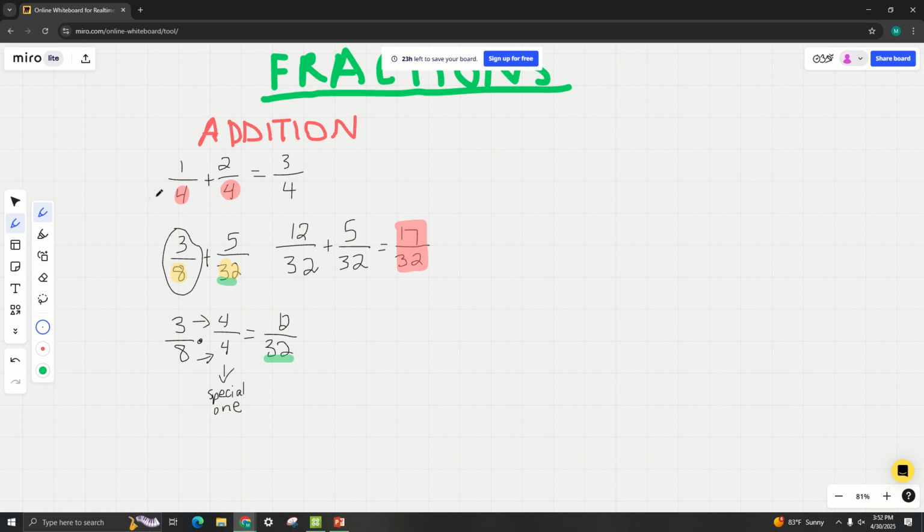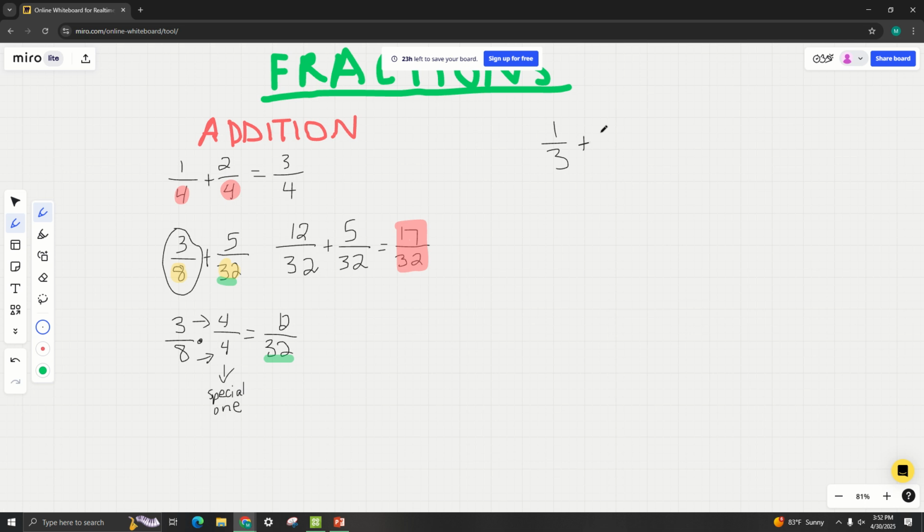So that's addition with fractions. Nothing too crazy. Let's go ahead and do another example though. That's not as neat as this one, because I could use my math facts here. I know how to get to 32 from 8, so I only had to change one of my fractions. What if I had something like